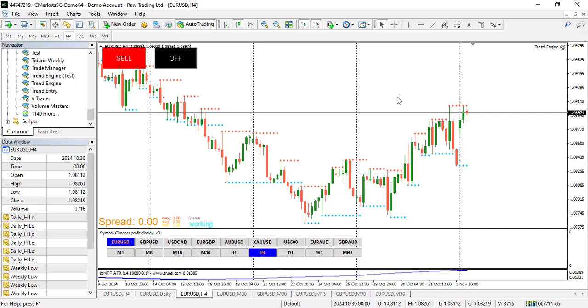Given the returns and what is possible with the EA, this EA is not going to be cheap when compared to the other EAs we have that don't do what this does. So between now and the end of November,